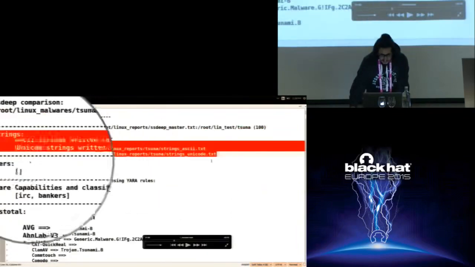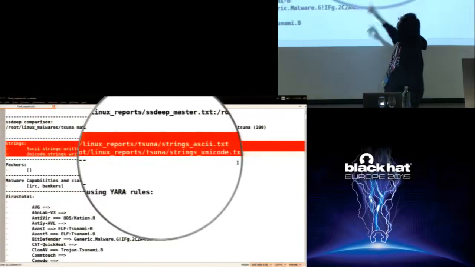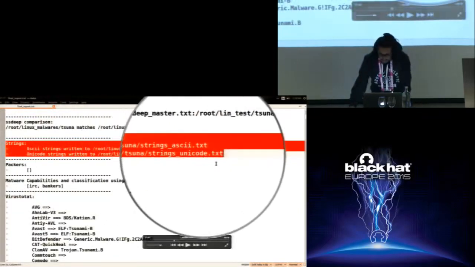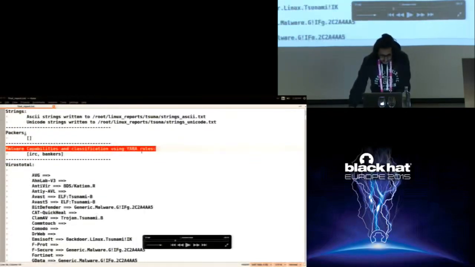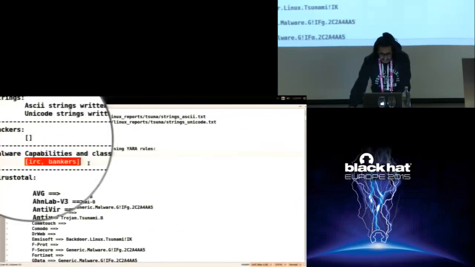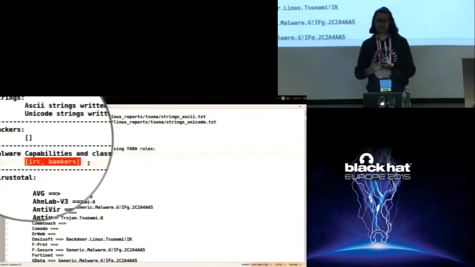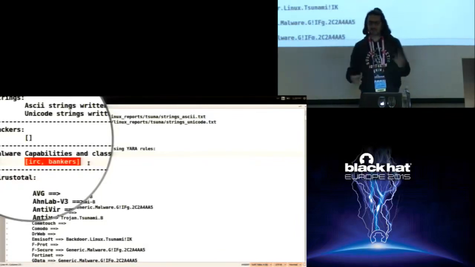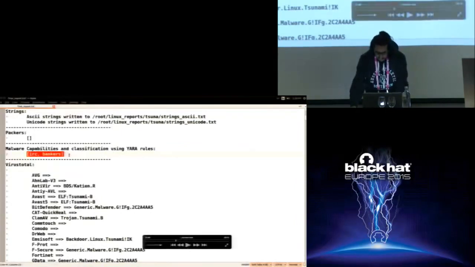And then you can see that it has extracted the strings. The strings are stored in a separate file, which we'll see in some time. So it is stored in separate text files, strings ASCII and strings Unicode. Okay, we'll come to that. And also you see that it tried to determine the packers, it's not tagged. And also it uses Yara rules to determine the capabilities of the malware. In this case, I had written signatures to determine if it has IRC capability. It hit that signature. It looks like we are dealing with an IRC bot, but we again need to confirm that in the dynamic analysis.